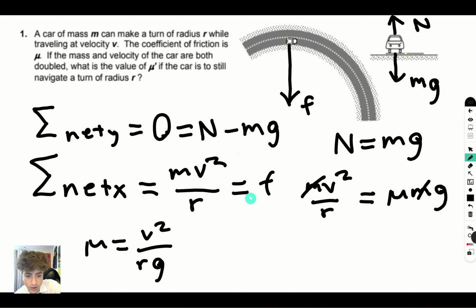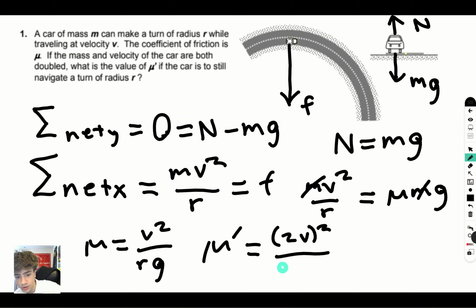However, we're going to have to double our velocity, meaning that where we have a v, we're going to have to replace it with 2v to get our mu prime. So our mu prime is going to be (2v) squared over rg. Our final step is to just distribute the square, and we'll get that mu prime is equal to 4v squared